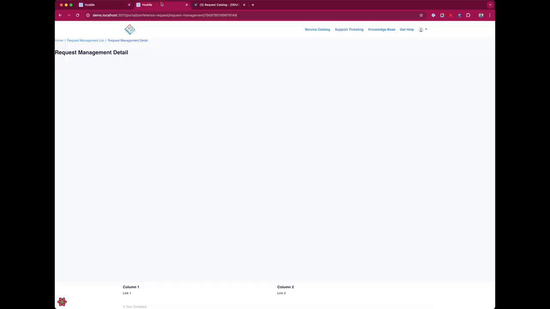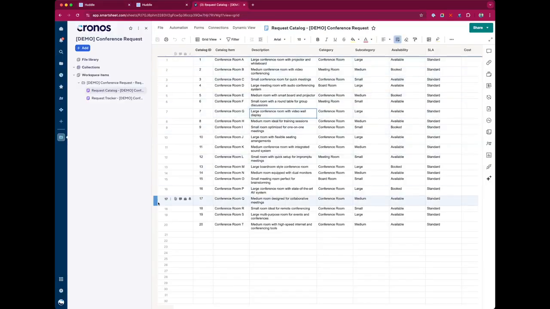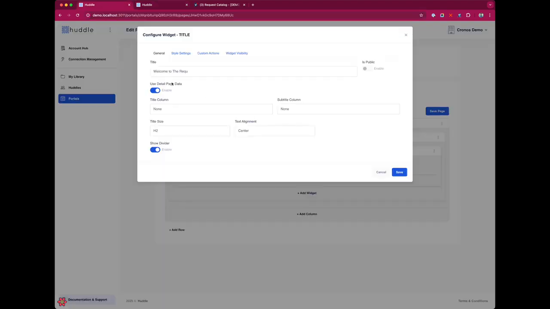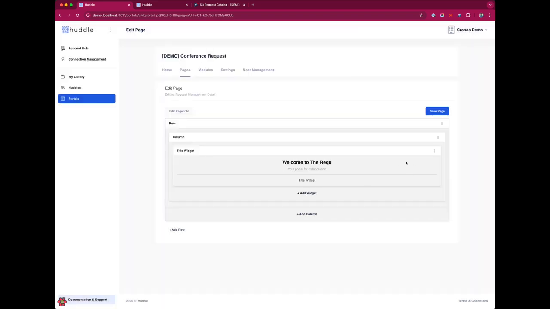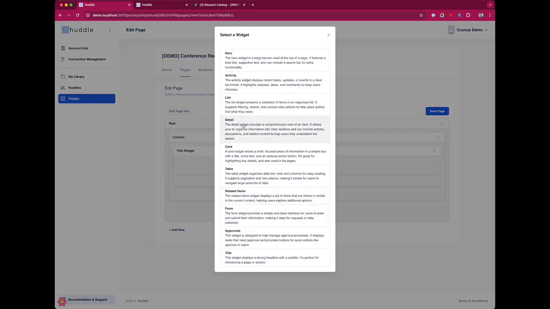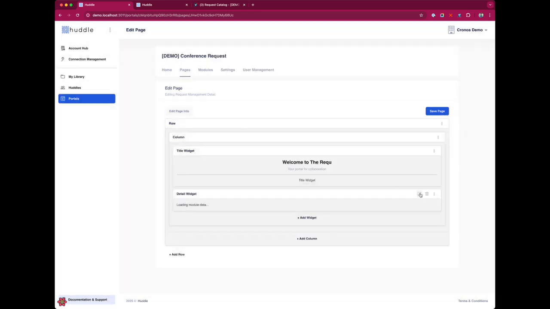So knowing that I click the link, this is looking for row-specific information for, I believe it was row S that I had clicked, right? So it's going to pull this row out and populate that information into this page. So I can use that for filtering, for dynamic data output. I'm basically going to say the catalog item is going to be the title. So we're basically going to be able to build this page one time and have it dynamically show data for all individual pages. So now I'm going to go in and select a detail widget,